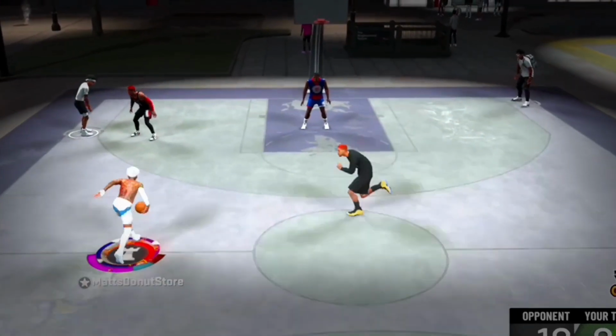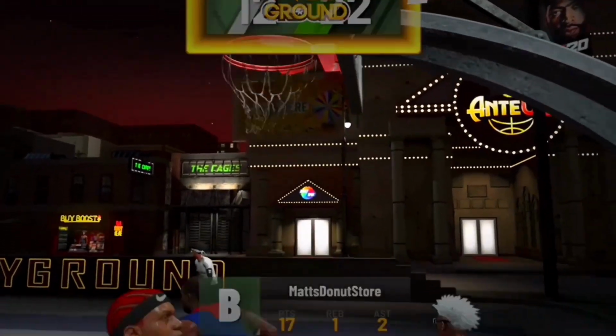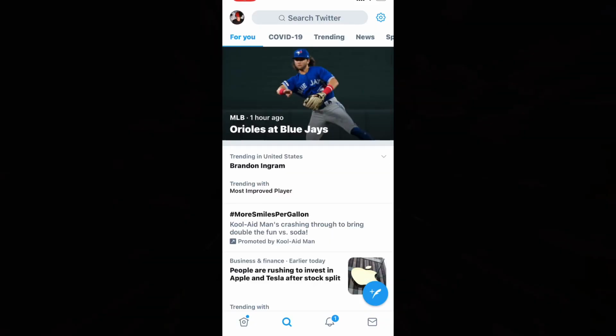If anyone's familiar with Twitter or is Twitter savvy, you can search the subject of a tweet or just words in the search bar, and tweets will come up that relate to what you searched. So in my case, sometimes when I'm looking for a NBA 2K21 concept, or a concept of a build screen on a game like 2K that isn't out yet a month before, I go to Twitter and I look up